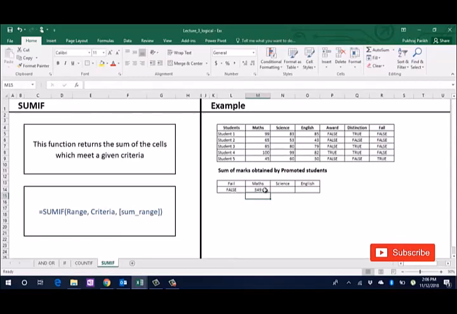This has returned 349 as result, which is sum of math scores of students who have passed the class. That is the first four students, 99 plus 65 plus 85 plus 100, which is 349. Similarly, you can find this for other subjects also to fill this table. Like we discussed Countifs, I would encourage you to explore some